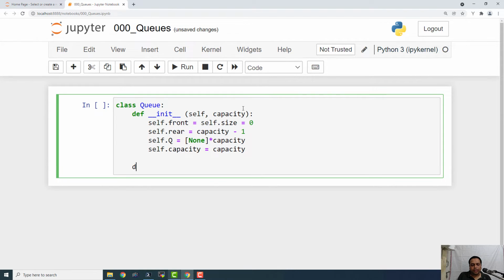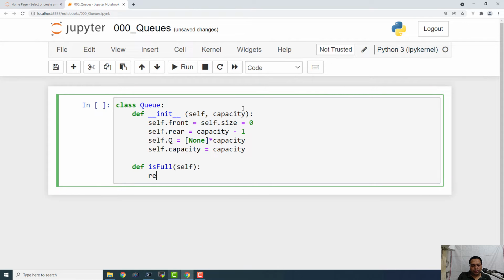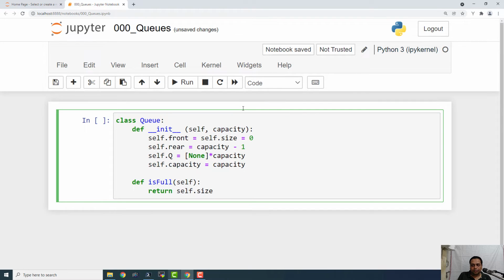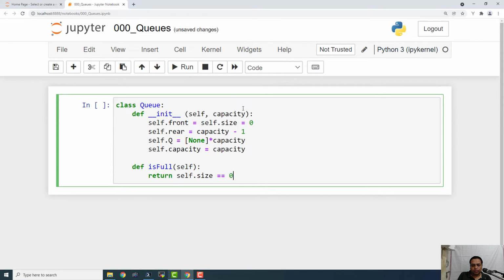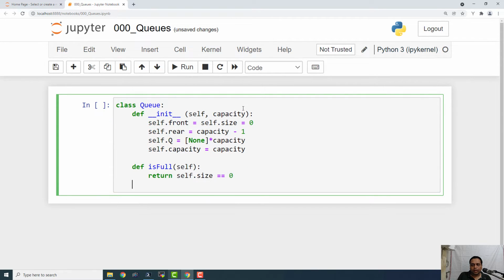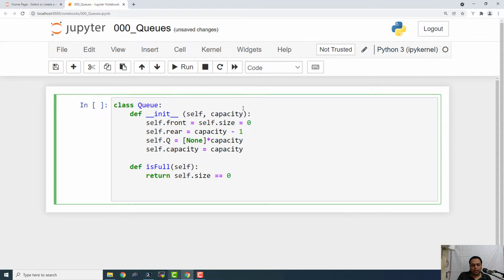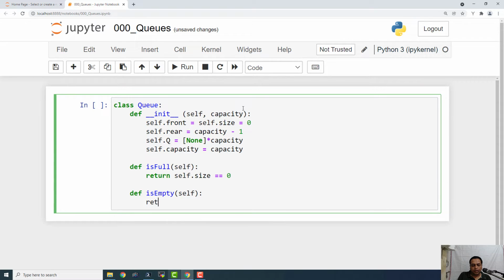Now let us check if the queue is full, with def is_full(self), which returns self.size equals self.capacity. And let us check def is_empty(self), return.